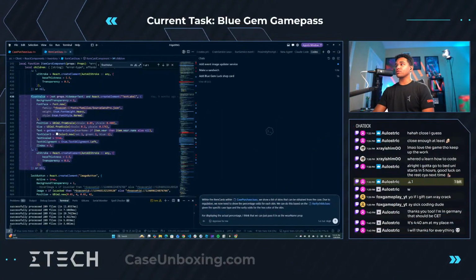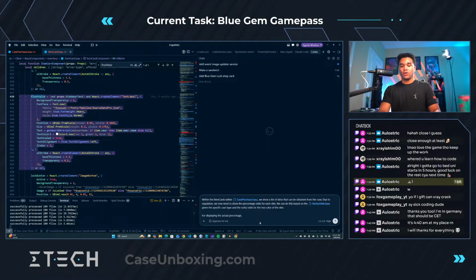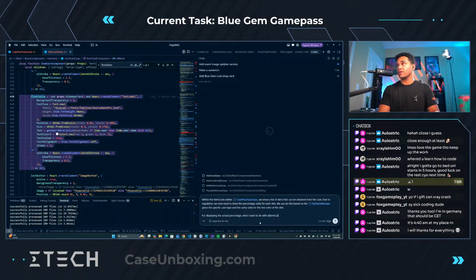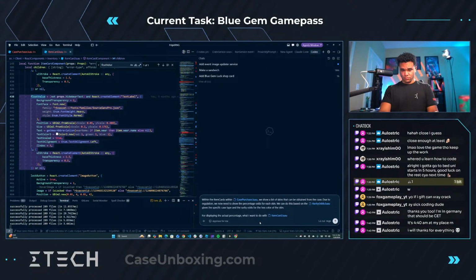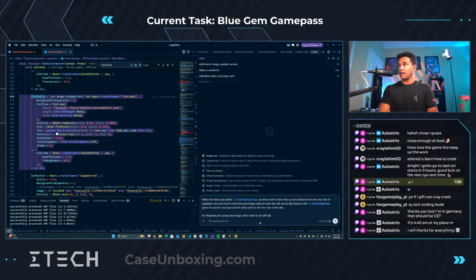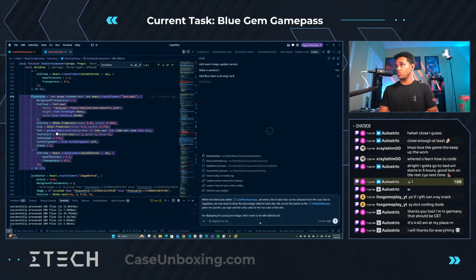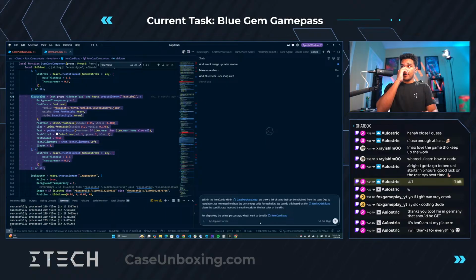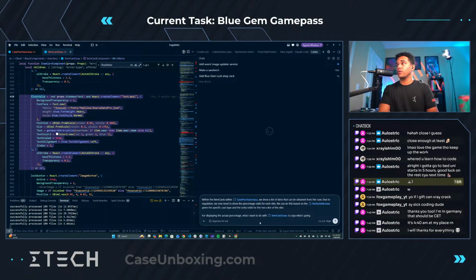For displaying the actual percentage, what I want to do with item card, is that the right item card? Item card, React components. Yes, it is. What I want to do with item card is copy